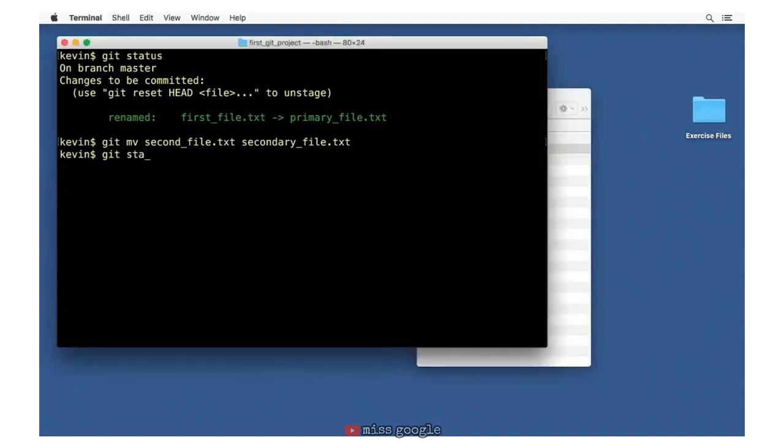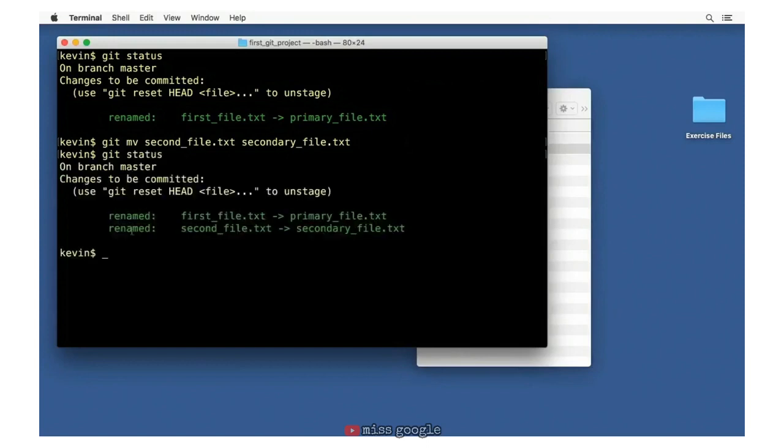And if we use git status, you'll see that now it's been added to our staging directory, and it realizes that we were renaming it, right? Moving was renaming, and it did it all in one step. It took care of the operating system side and adding it to our staging area. So it's more efficient to do it with a single command instead of doing it the other way. Doesn't mean you can't do it the other way. If it works better for what you're trying to accomplish, you can do it either way, but this is a